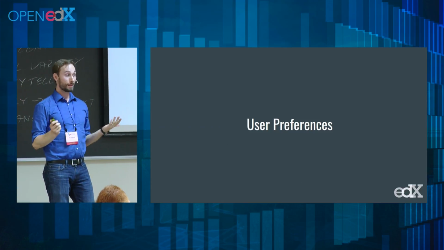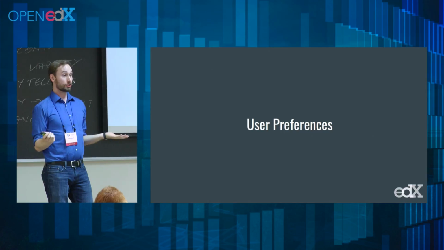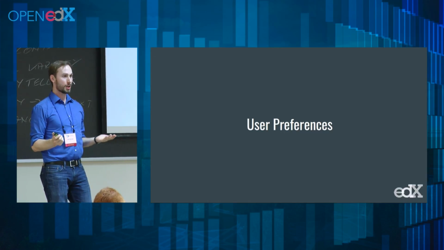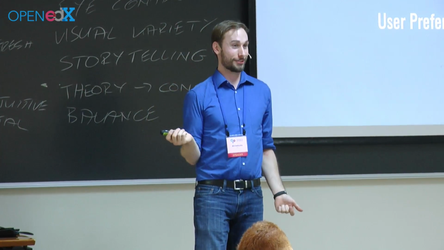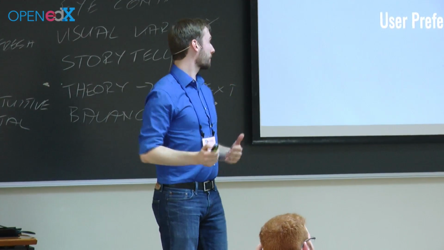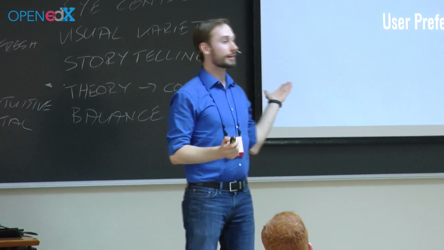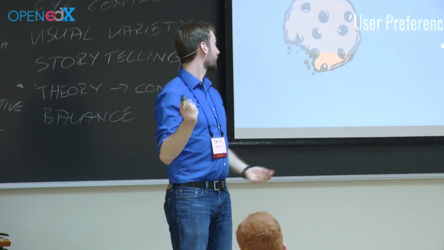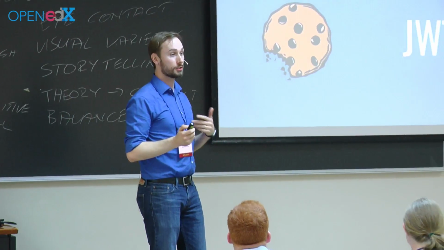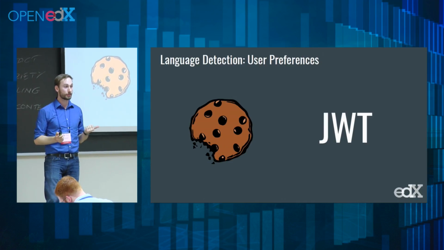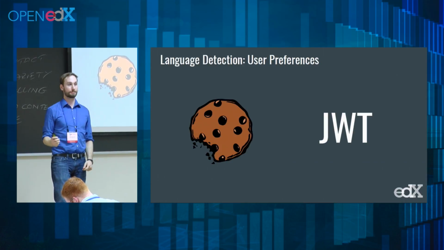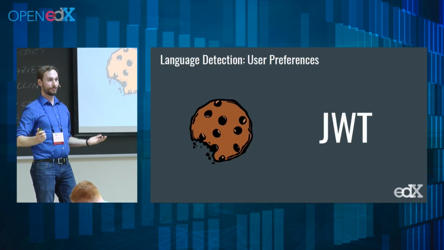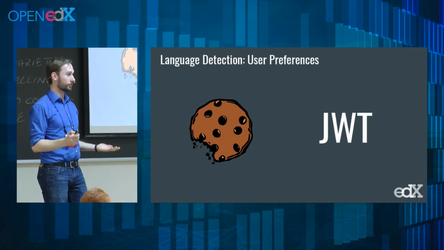E-commerce right now is mostly localized. It's mostly internationalized, but it doesn't know about the user language preference that you picked in your LMS, and that's frustrating. So some of the work that we're going to be doing is just wiring up the user preference. It's that easy. You can do it in cookies. You can do it in your JSON web token. The implementation details are not as important as the higher level, like just think about what the user's telling you